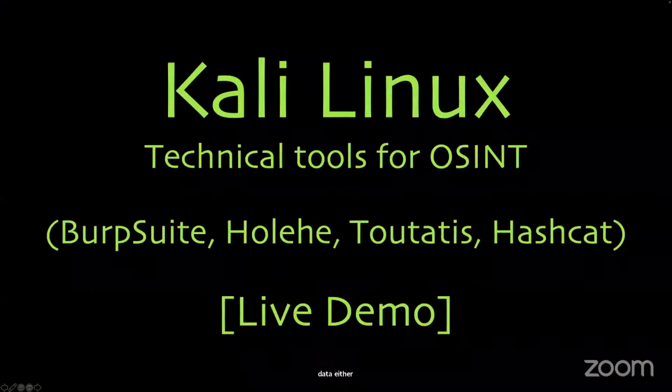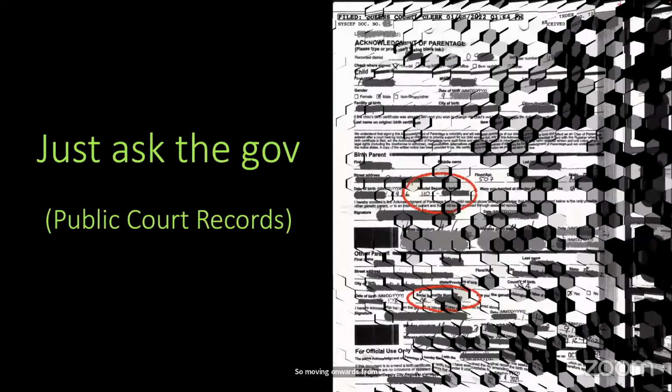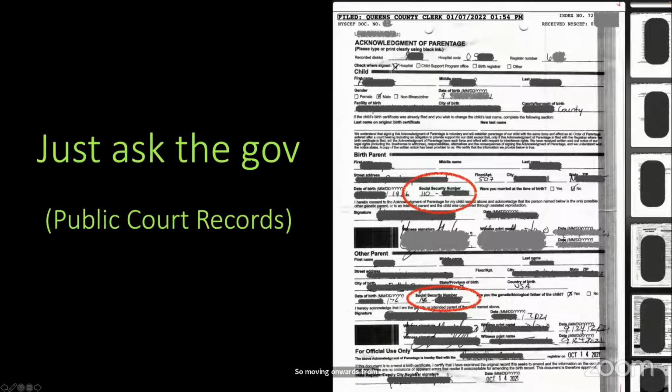So moving onwards from technical tools, what else? Other things you can look for in government records besides this voter registry, you can look at a lot of other personal records. If you know where that person lives, look in their county. And this was very surprising to me. There was a document available online, and this is a random search a long time ago. I took a screenshot. This was, I think, adoption records or child custody records of some person, again, public records. But this record had a full social security number of both the parents, unredacted.